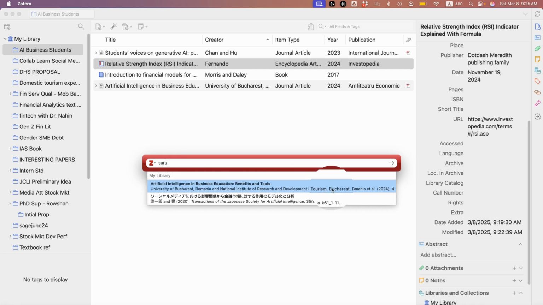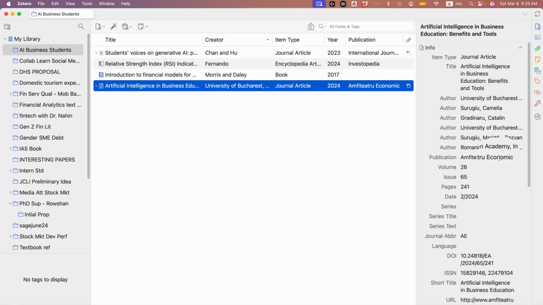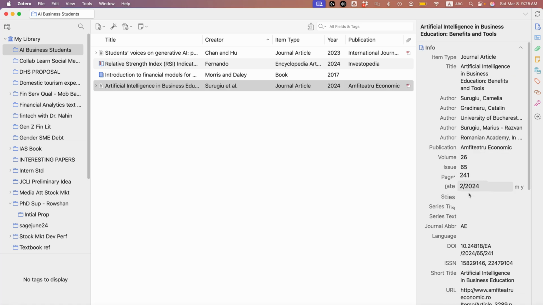Okay, and if you click here, you will see that the authors are Surugio. And there is a mistake actually. University is not an author, so we should exclude this one. Okay, sometimes we also need to correct. We have two authors, Surugio. University is not an author,